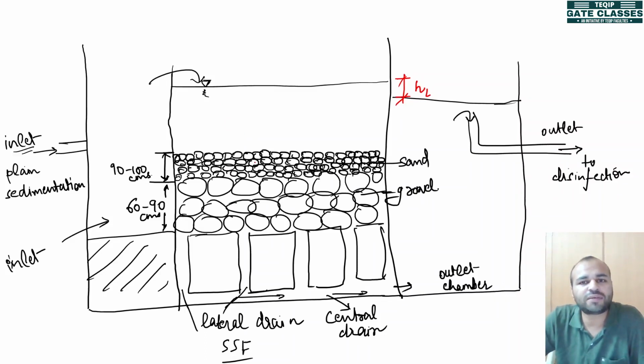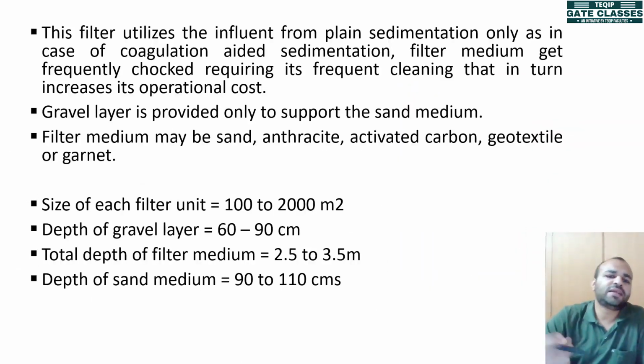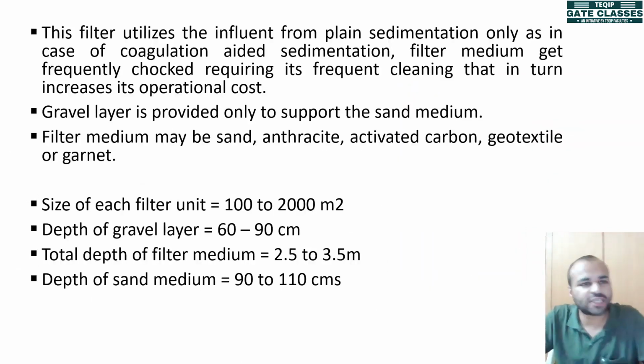I hope now you can visualize what I was trying to convey initially, that as the water flows through the filter medium, it will try to oppose its flow, as it is just behaving like an obstruction. So due to these obstructions and restrictions in flow of water, we observe this loss in energy, which is shown as head loss. Okay, so these arrangements are done so that water is easily collected and the cleaning process can be carried out. Now moving on ahead, let us discuss some points with regards to slow sand filter.